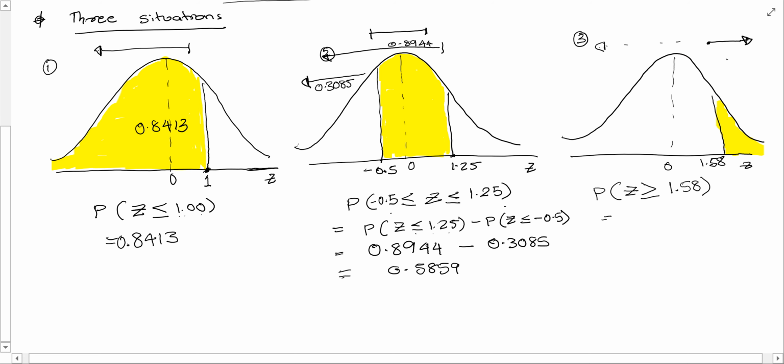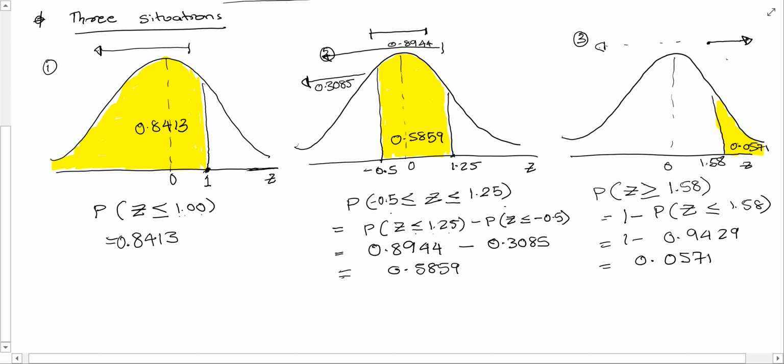Hence, this area is 1 minus the area to the left of 1.58. So that's 1 minus 0.9429, and hence this will be 0.0571. So this area is 0.0571, this area is 0.5859, and so that's how we figure out